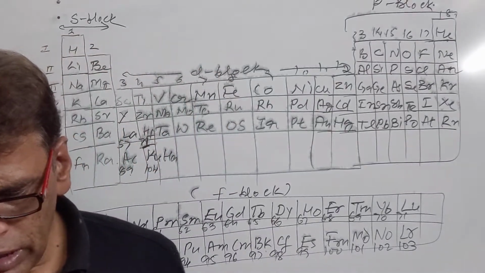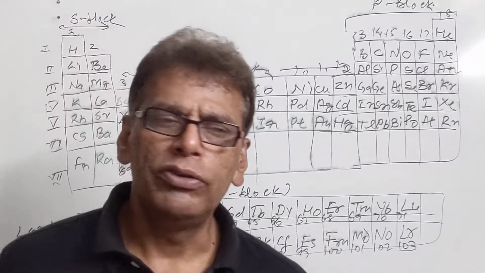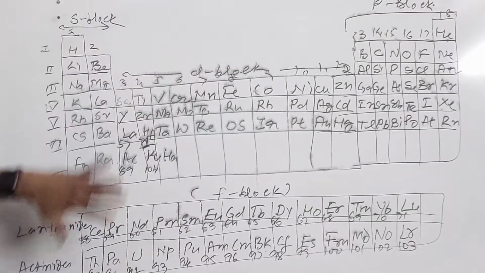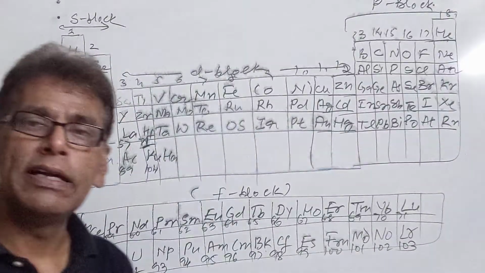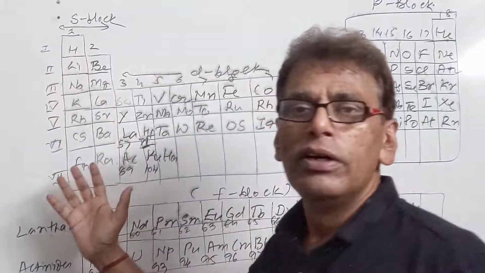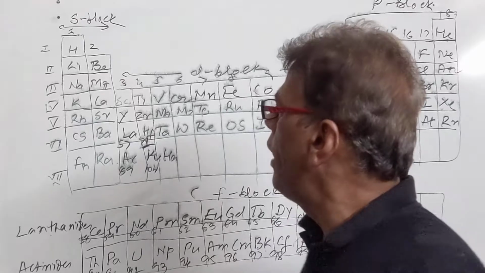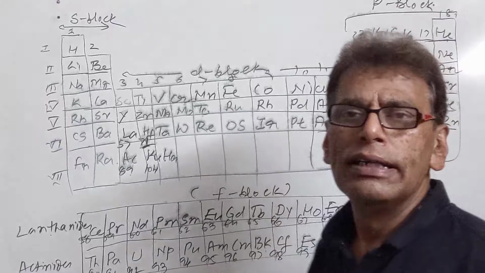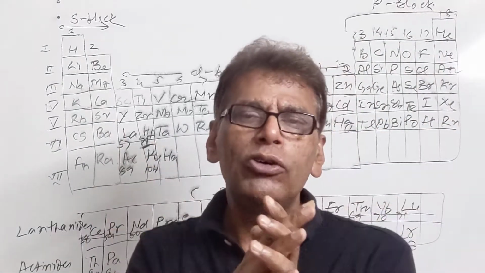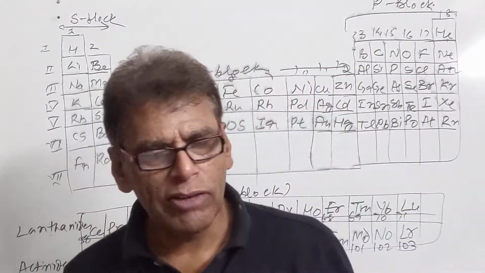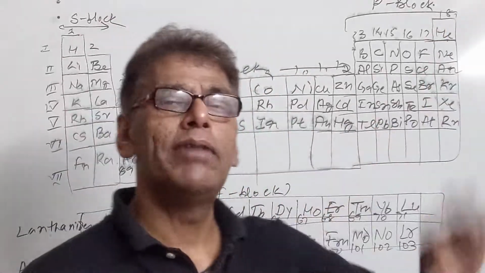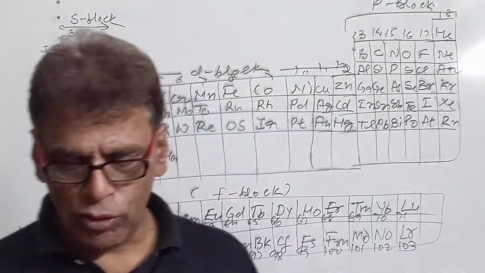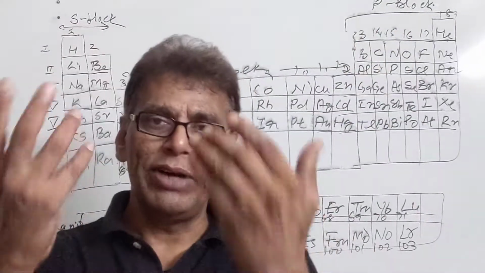Now study the tendency of the elements to lose electrons. If we study that, we will find that the elements present on the left hand side of the periodic table have the tendency to lose electrons. Their sizes are larger, so they have more tendency to lose electrons. When we move left to right in the periodic table, the size decreases and electrons are strongly held by the nucleus. Therefore, the tendency of the elements on this part to lose electrons decreases due to a higher effective nuclear force, and they have the tendency to accept electrons.